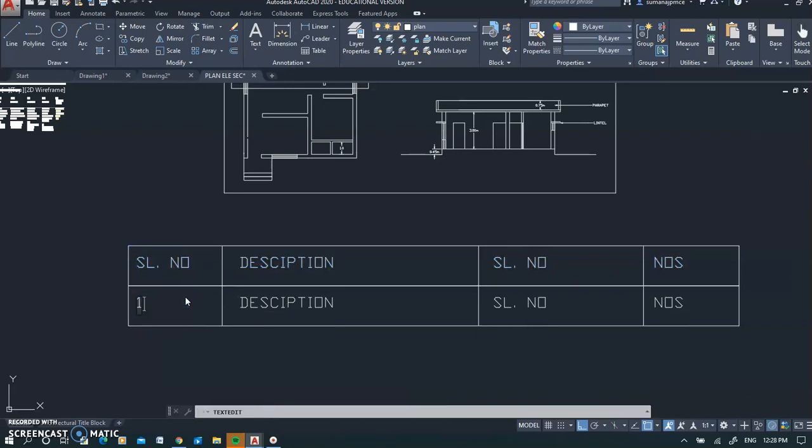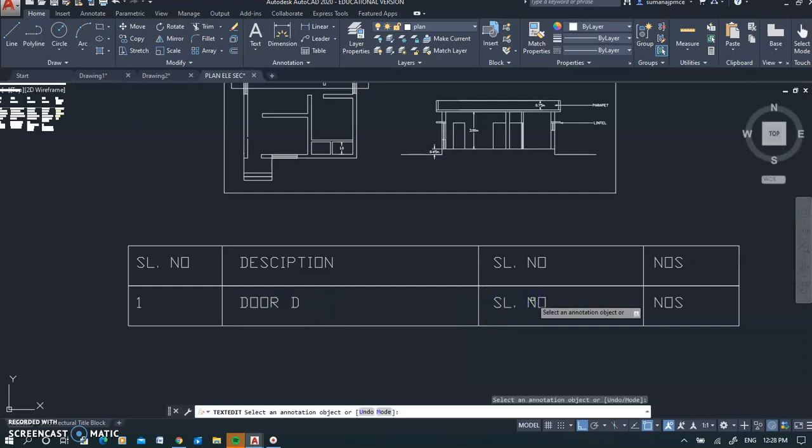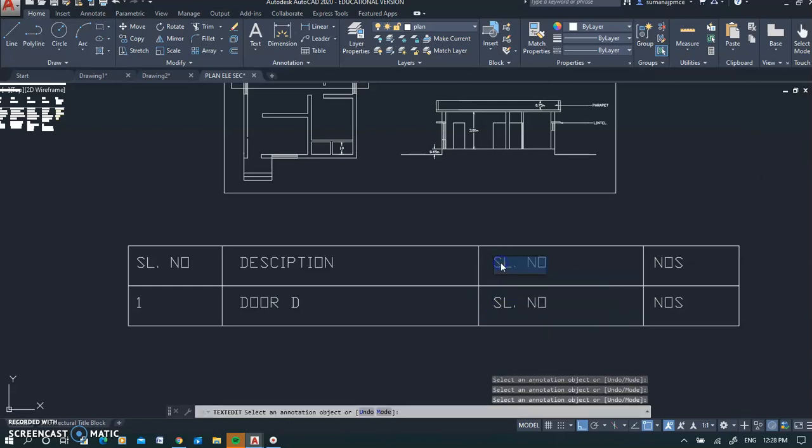Okay, now serial number I will make it 1, and description I will call it door, door D. Okay, serial number, sorry, I didn't change this. This is size, S-I-Z-E. So what is the size here? We have 1 meter into 2.1 meter. Okay, 2.1 meter. And then